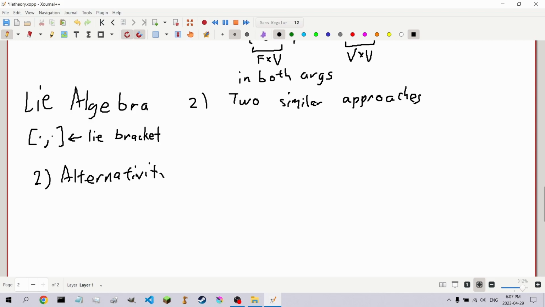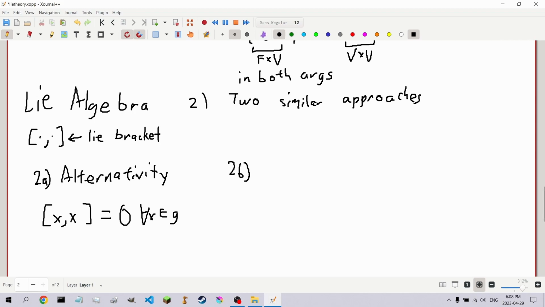You may have seen this if you've looked at a wedge product before. What alternativity says is just that the bracket of any element with itself is always 0, for all x in G. It kind of looks like a group, but that's just the standard notation for it. And the second definition you often see,